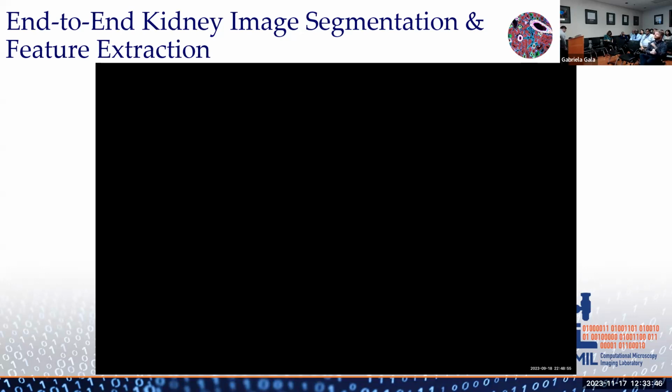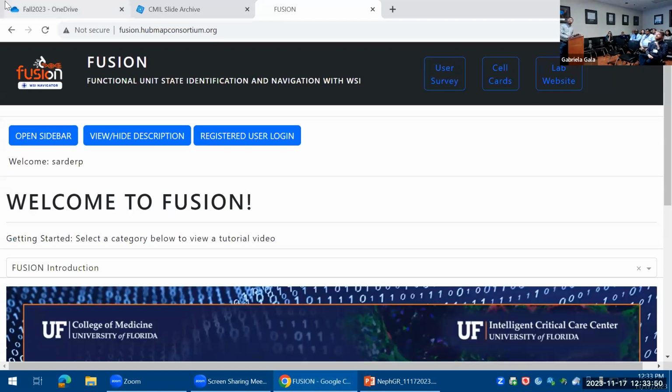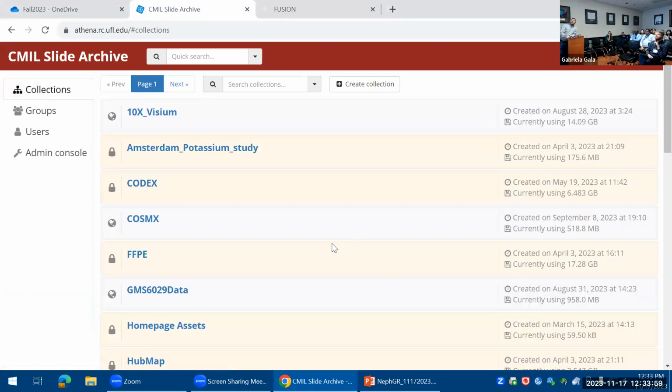And hopefully my system will not fail. And I will show you our end-to-end system. And this end-to-end system is here. We have developed it using our HiPerGator system, where you can see, for example,